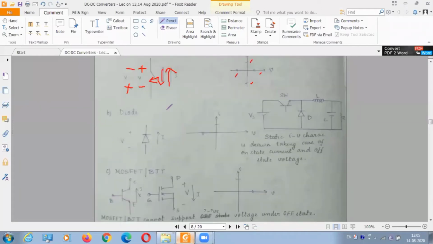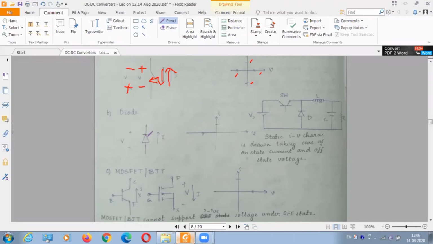Now if I take a diode, what will a diode do? Now remember how we get a voltage across a diode. A voltage across a diode is obtained when it is open circuit, that is, reverse bias condition. And when current flows through this device, it is a switch, so it should be closed or forward biased. So current characteristic I is always obtained when the switch is closed, and voltage characteristic is always obtained when the switch is open. Whenever my switch is closed, we know my current will flow in this direction as shown, anode to cathode.